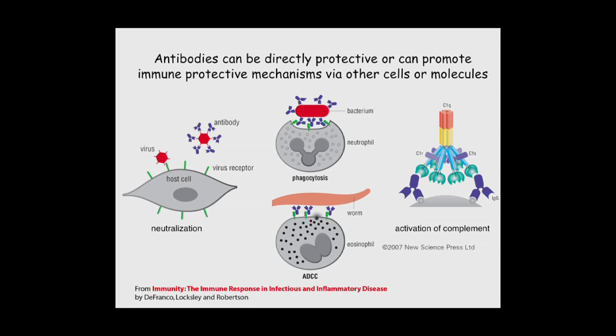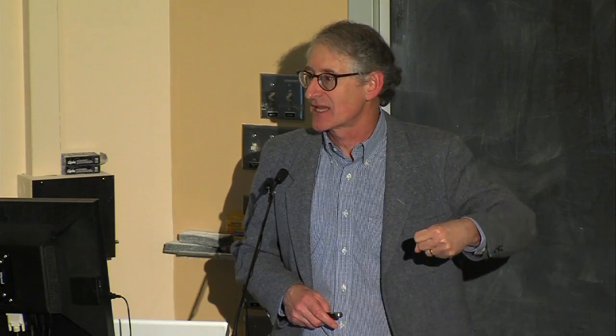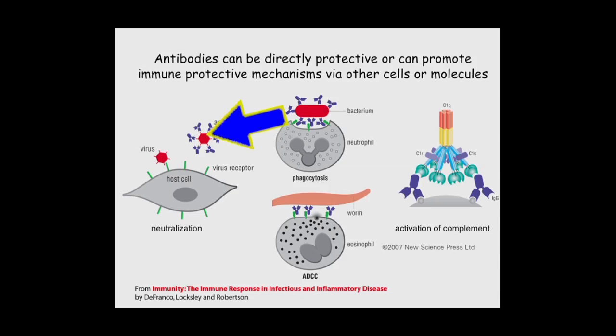This is called neutralization, where we have a virus particle, the antibody binds to the virus particle, and now that virus can't get into the cell anymore because we've grabbed onto the part that it needs to get into the cell. So now that virus particle, we can destroy it. Our phagocytes can eat it up and chomp it to pieces, but it can't even infect our cells in the meantime. So this is sort of the holy grail if you're trying to make a vaccine against a virus. You'd love to make a vaccine that makes an antibody that neutralizes,